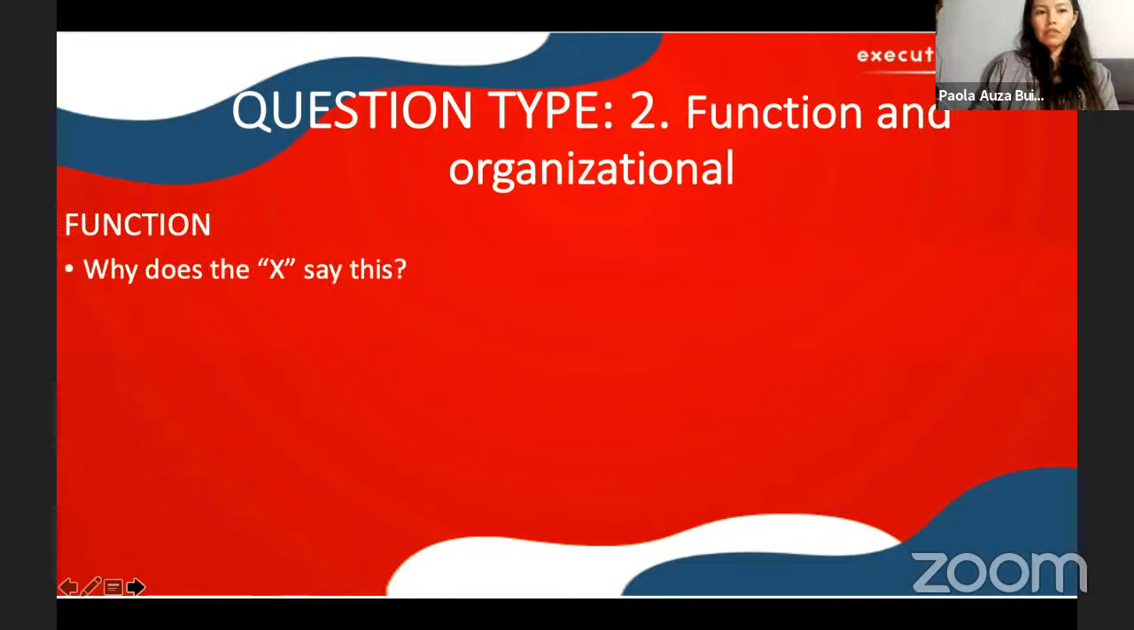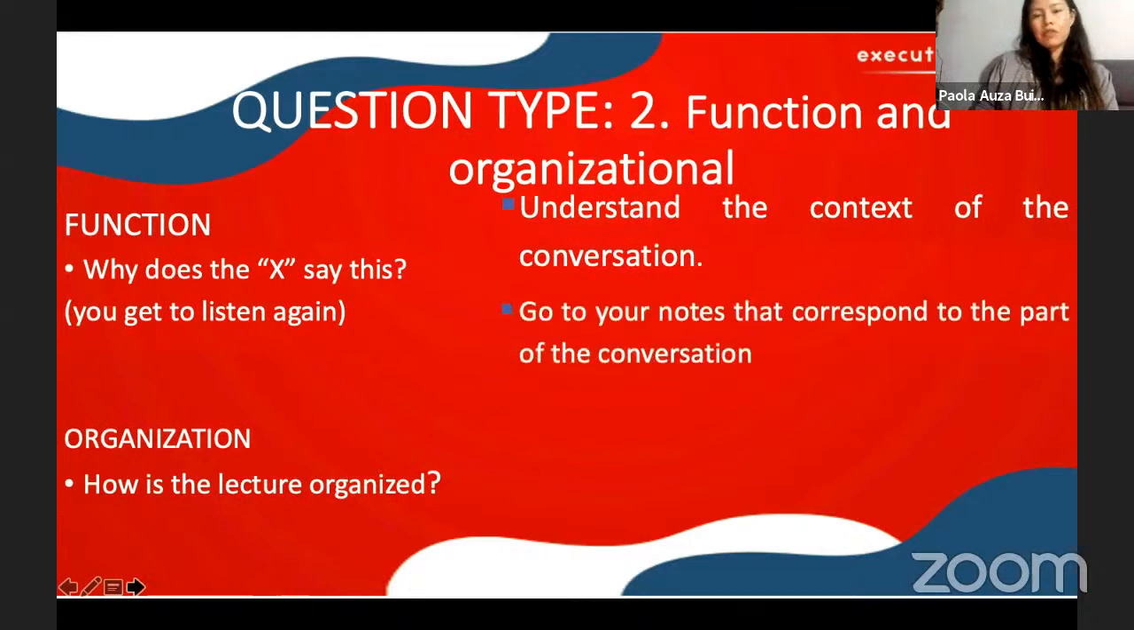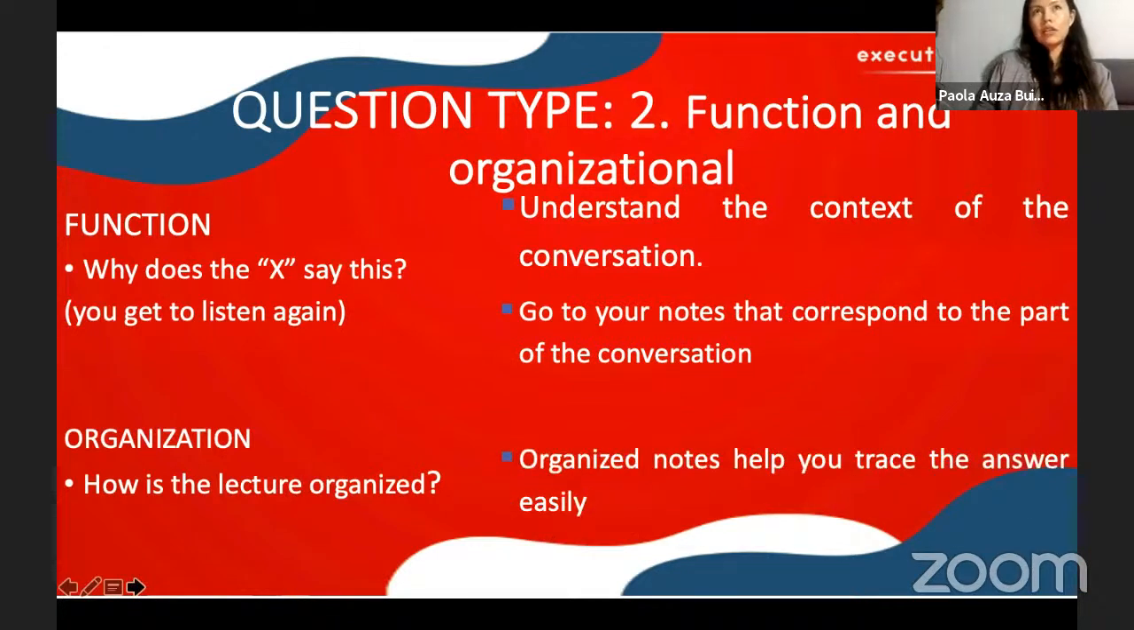Basically here in function, we get to listen again to the audio, all the conversation or the lecture. And for this type of question, we have to understand the context of the conversation. And for this it will be helpful to have great notes. As I already mentioned last class, the best thing to do while we are taking our notes is to